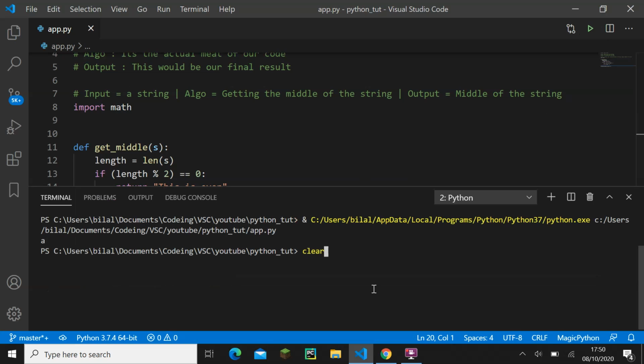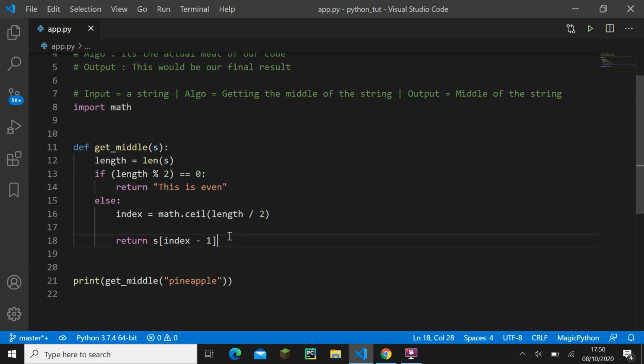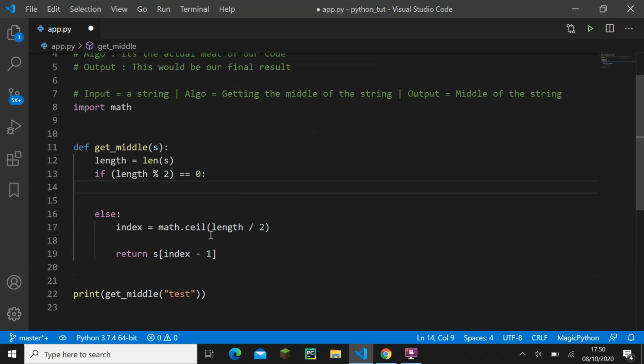So we know it's working every time with the odd numbers. We've managed to make an algorithm that works for the odd numbers. Now we need to make sure it works for the even numbers, and we need to think about it. So let's get an even number here. We'll get test because it's easy. It's 4 letters. So let's think how a human would think first, and then implement it as how a computer would understand it. So we got the length, which is 4,